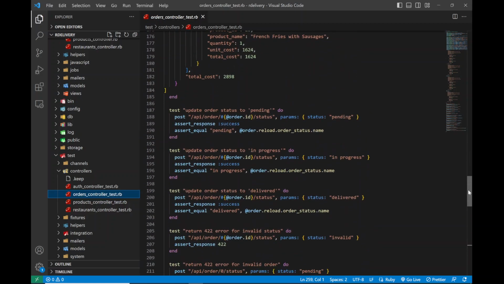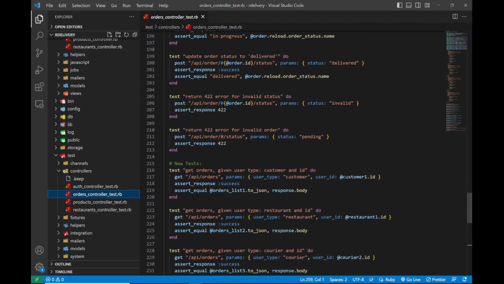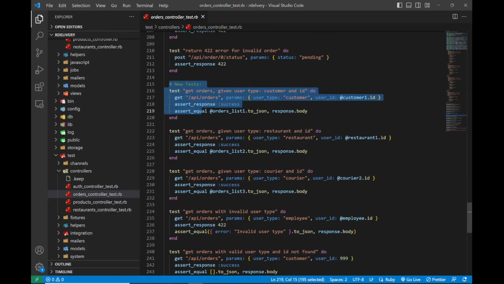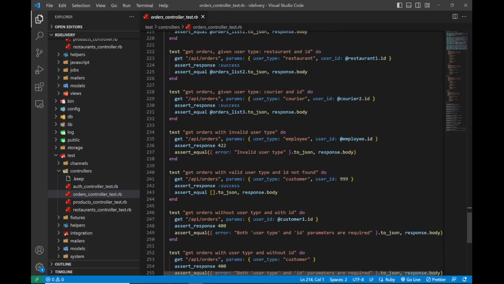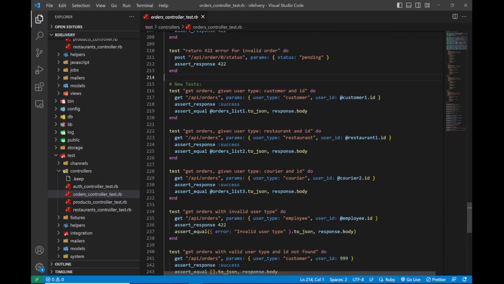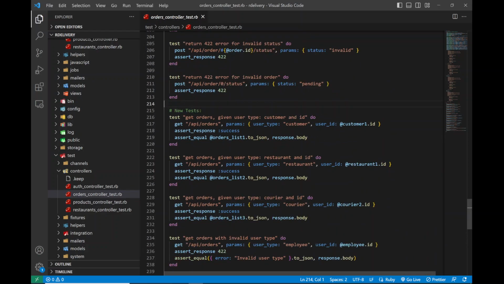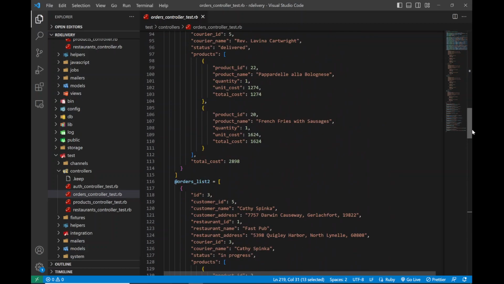After here, I created a new test. You can see for each one I create a new test, and I wanted to compare the data given to us. So it was a bit big, so I put them in a variable at the top of the file,